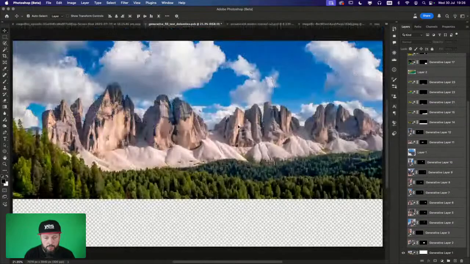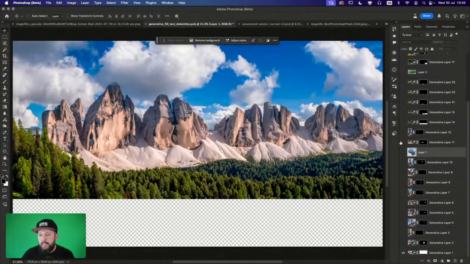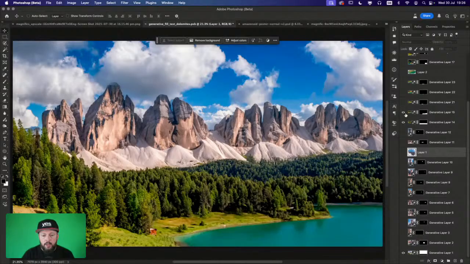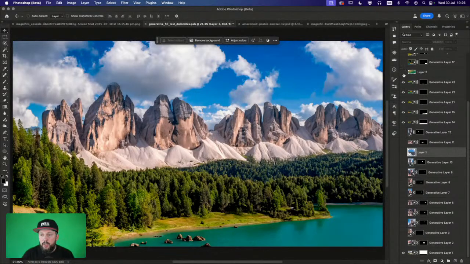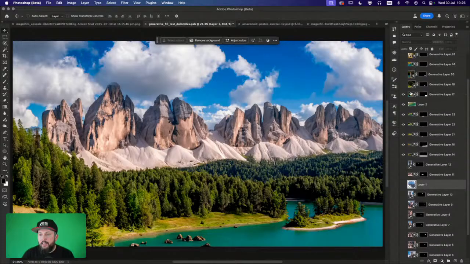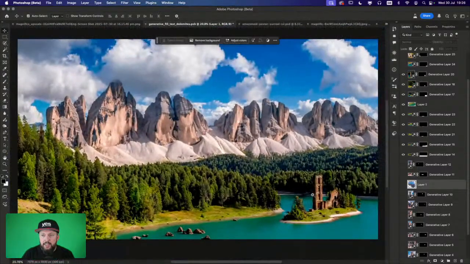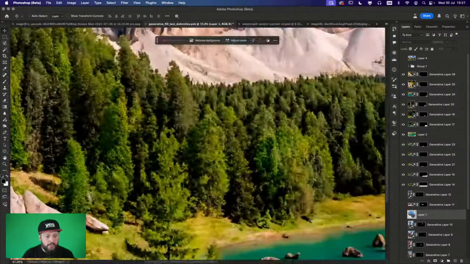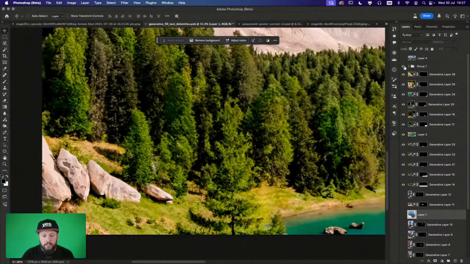but it started off with this single image that you can see on my screen. Then I expanded it further out to have more space at the bottom. Then I added a lake. Then I extended the lake. Then I added some rocks. Then I added an island in there. Then I started adding the ruins on the island, and then I decided, okay, maybe we can have some more rocks. We can have some boulders here on the left side as well. Maybe we can have even more boulders,